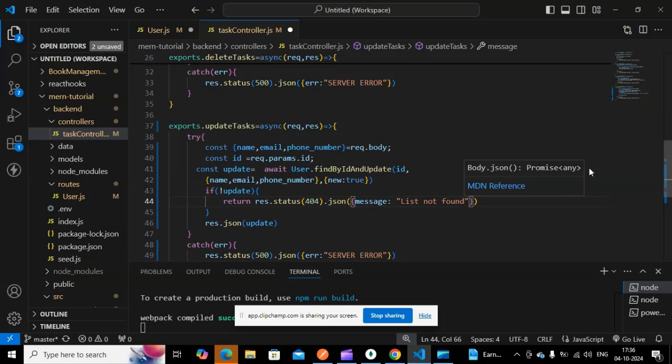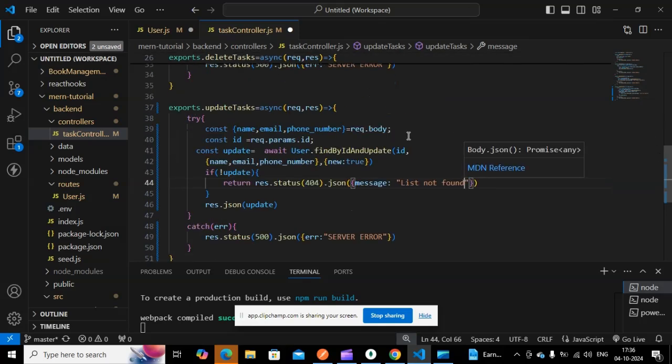So here the update field in the request body, we have to give name, email, and phone number, and we have to pass the params. That is, in the parameter we will pass the id. So it will search in the database. If that id is matched with the database, then whatever we have changed in that field is updated in the database with the help of this new: true.